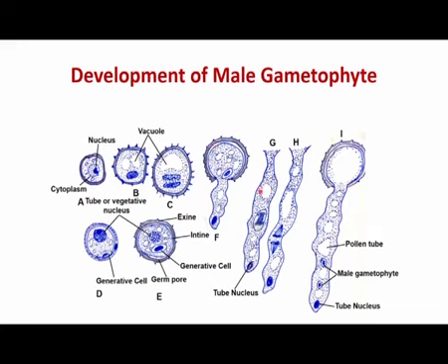Once the pollen grain falls onto the stigma, the pollen tube comes out, and as the pollen tube extends, the generative cell nucleus migrates into the pollen tube and then divides to form two nuclei, two male gametes. Each male gamete has a nucleus in the center surrounded by cytoplasm, and now you can see that they are